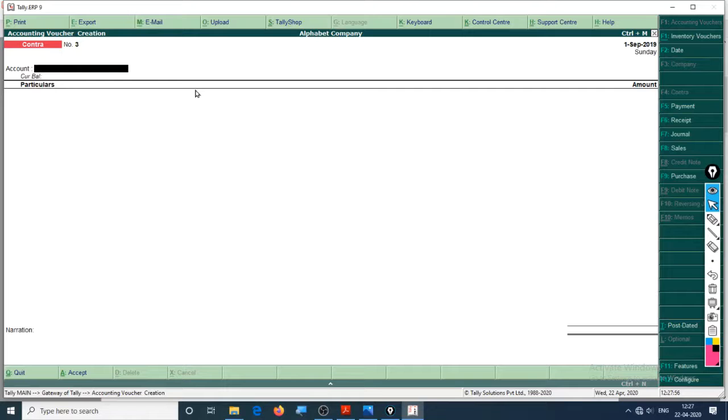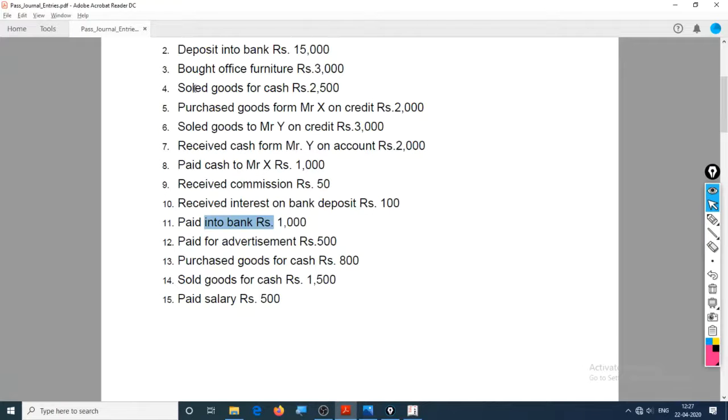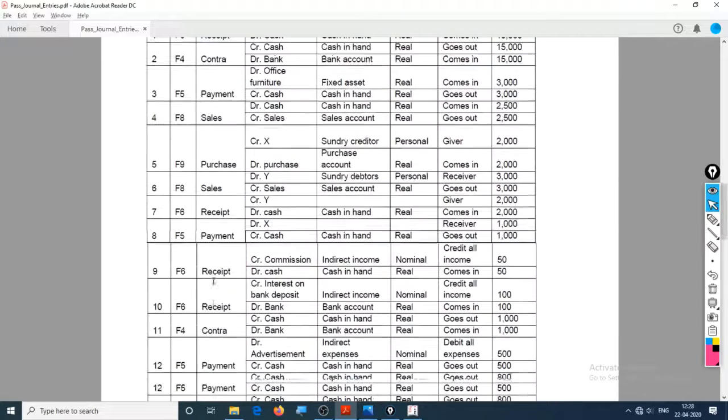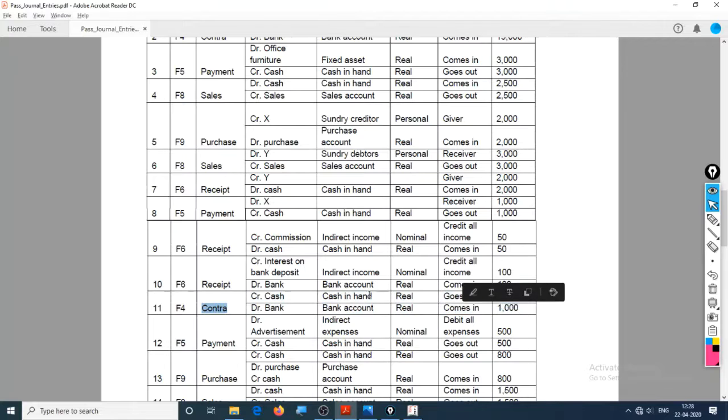Enter. Okay, so just check if we have made this entry right. The 11th entry is contra. Debit the bank account, credit the cash account, because what goes out, comes in.